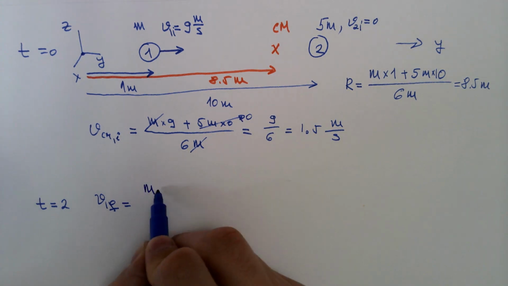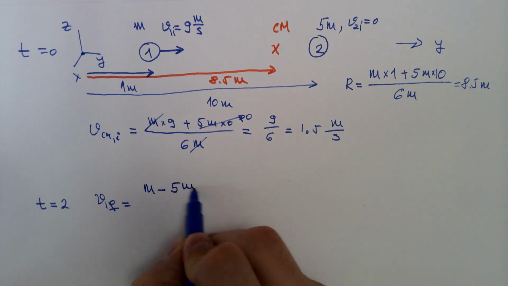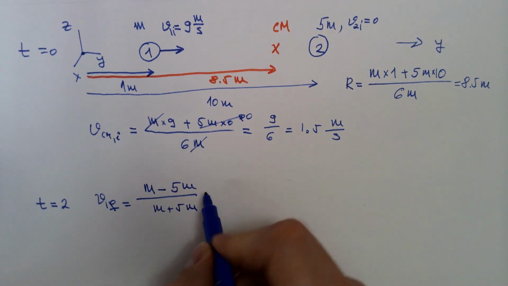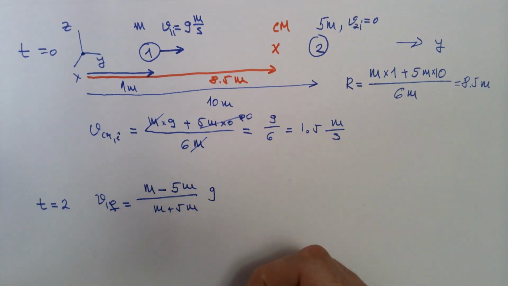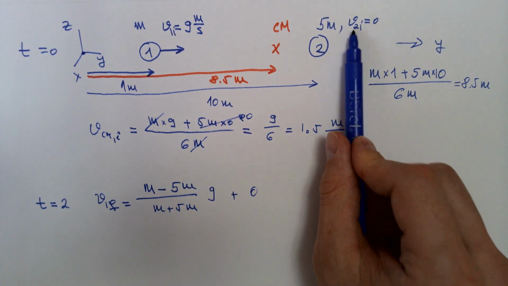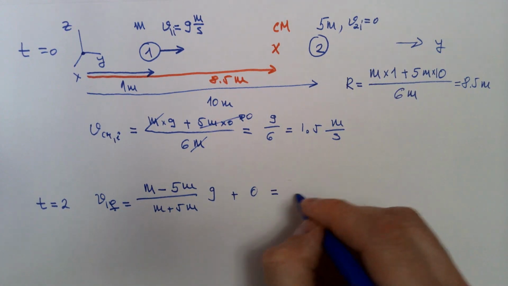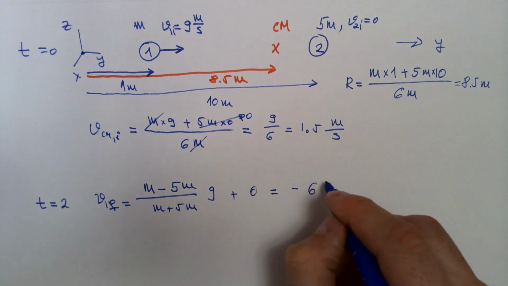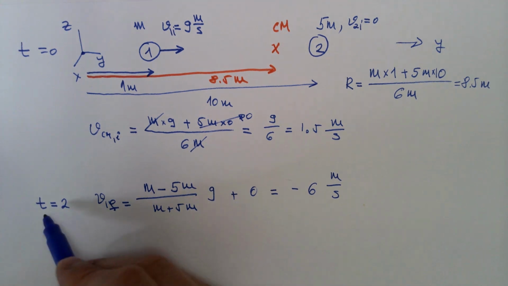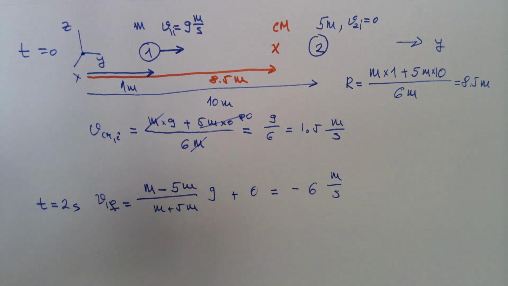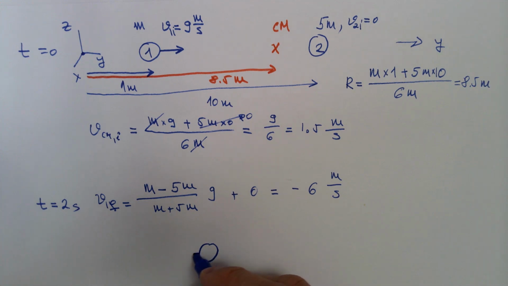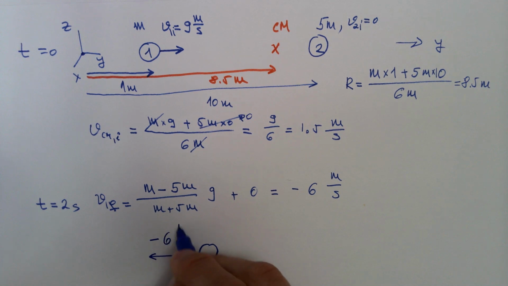m1 minus m2. So that would be m minus 5m divided by m plus 5m times the initial velocity of particle 1, which is 9 meters per second, plus 0, because the second term is proportional to the initial velocity of particle 2, which is 0. If you calculate this, you will get minus 6 meters per second. So at time t equal to 2 seconds, particle 1 will bounce off with a velocity of minus 6 meters per second,